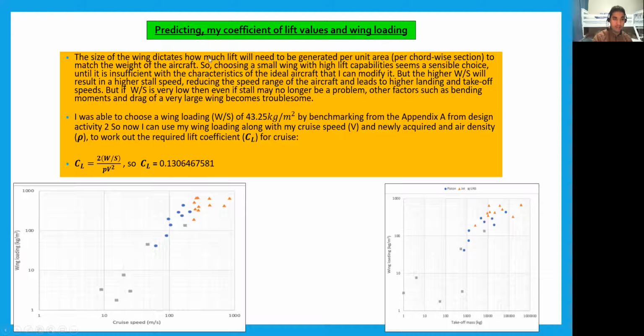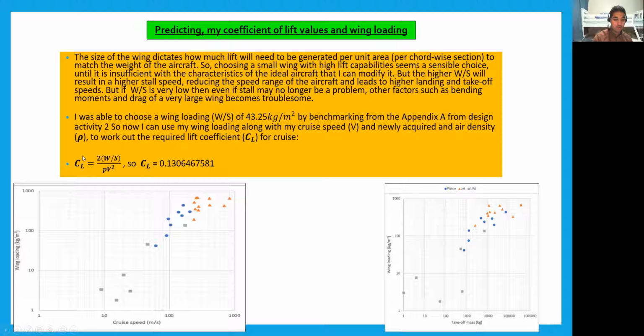The wing size dictates how much lift will need to be generated per unit area to match the weight of the aircraft. So choosing a small wing with high lift capability seems a sensible choice until it's insufficient with the characteristics of the ideal aircraft that I can modify. But a higher wing loading will result in a higher stall speed, reducing the speed range of the aircraft and leading to higher landing and takeoff speeds. But if wing loading is very low, then even if stall is no longer a problem, other factors such as bending moments and drag of a very large wing